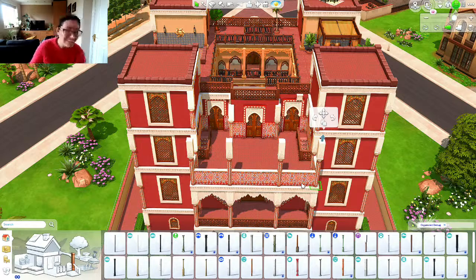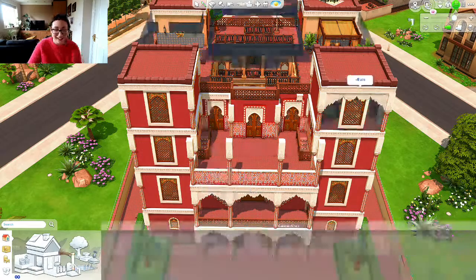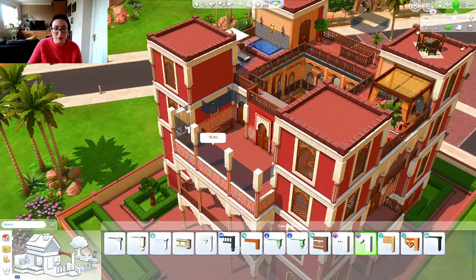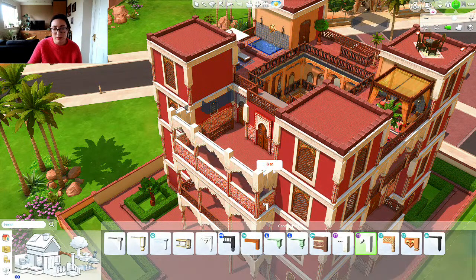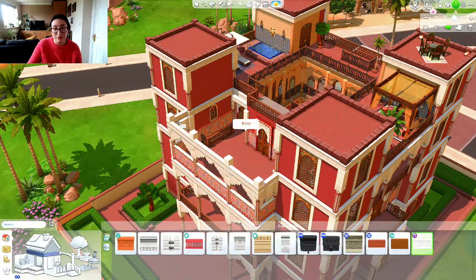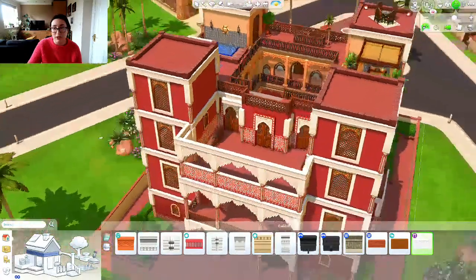Oh, hello! Hi Ray, hey Plummy Sims, thank you for joining me. I'm just battling with an old build of mine right now, just playing around with trying to decorate it using the new...